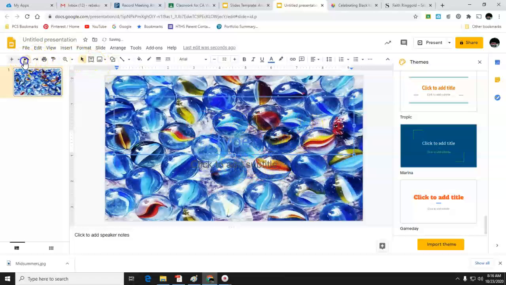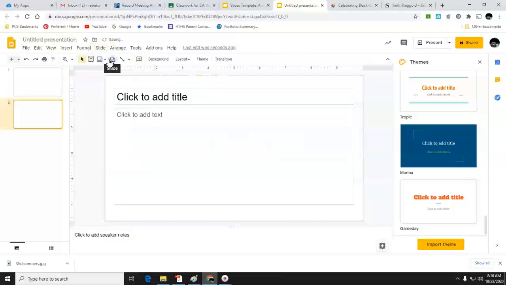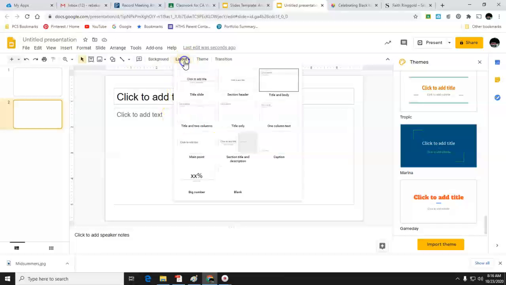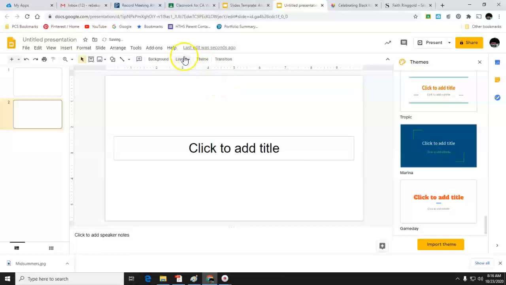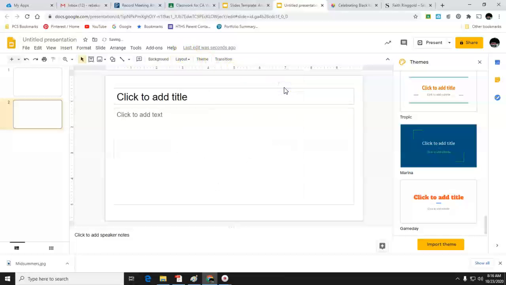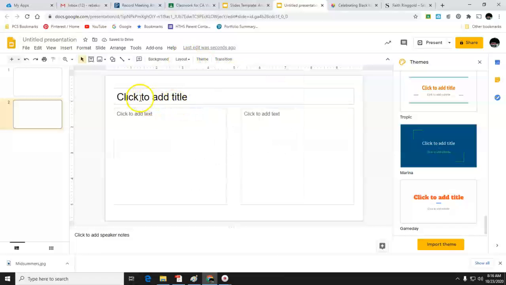All right. Next thing I'm going to show you how to do on slides, so I go backwards, is when you make a new slide, you have a choice of how it looks. If you go to Layout, there's the title slide, the section header, where you have a title in the middle, the title and body, the title and 2 columns. I use this a lot because I like a header at the top. My text goes here, but I remove this, click on it, and delete it so that I can put a